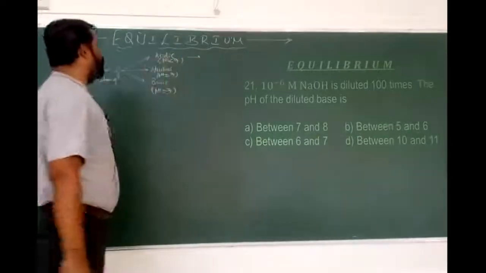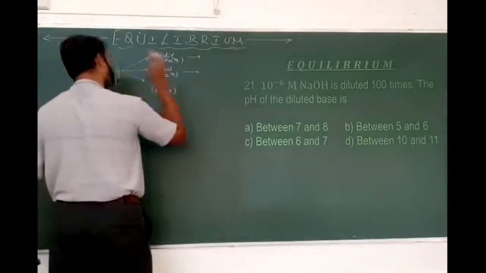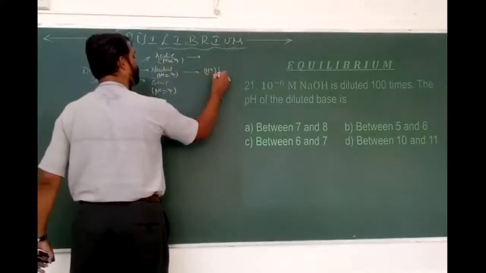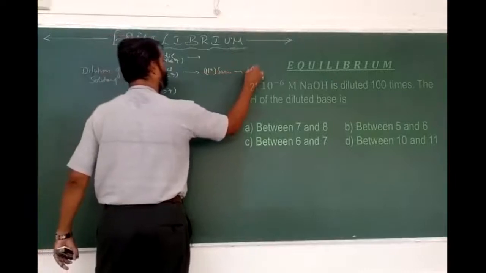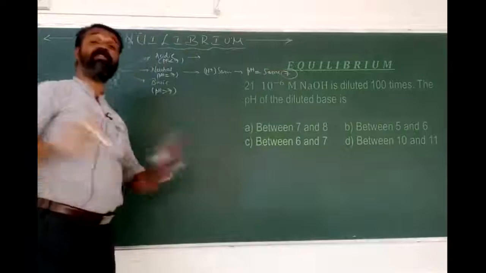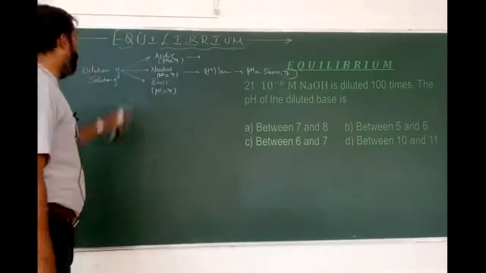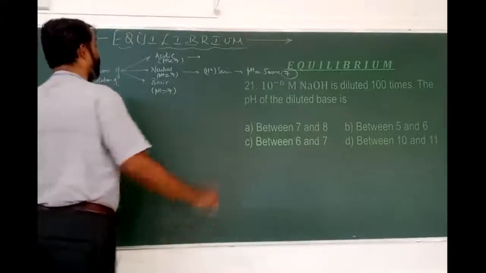The dilution of a neutral solution keeps H plus the same, so the pH remains 7. Dilution of exactly neutral solution doesn't change the pH, whereas for the dilution of a solution with pH less than 7